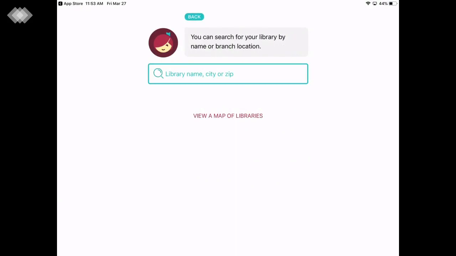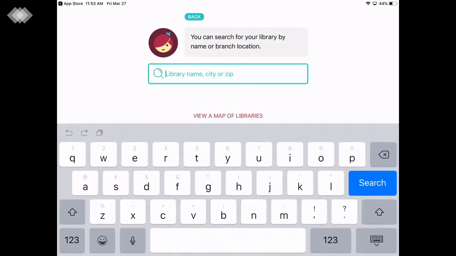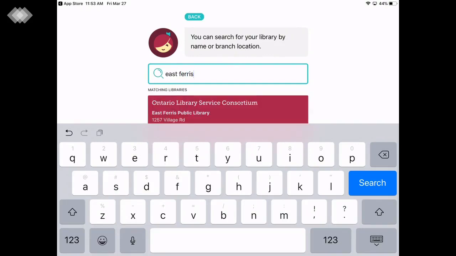And I'm going to type in East Ferris. And you'll notice what comes up is the Ontario Library Service Consortium. This is a group of libraries that work together to be able to provide e-content to their patrons at an affordable rate. So I'm going to click on that box